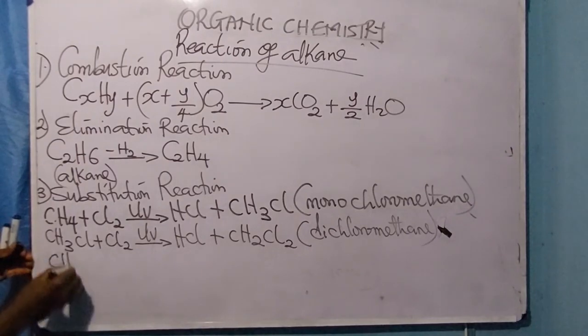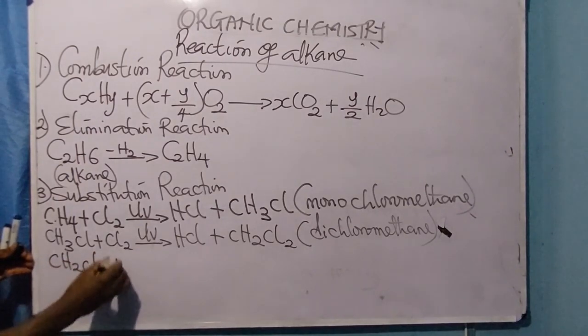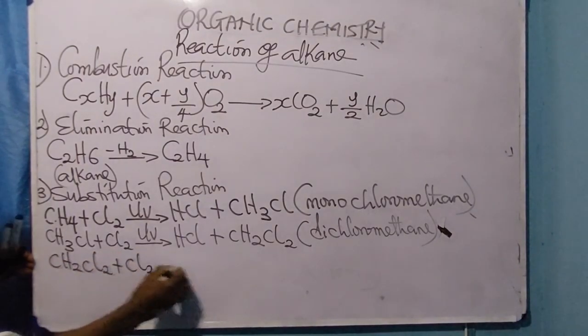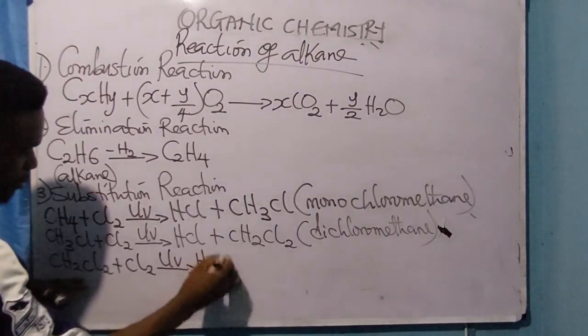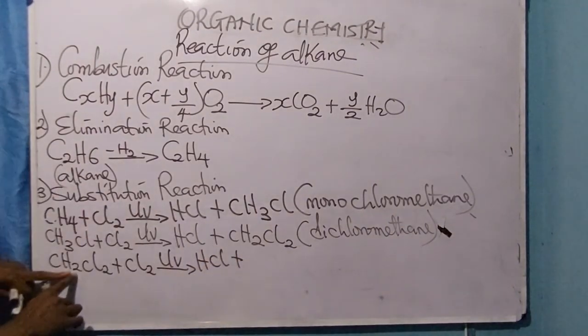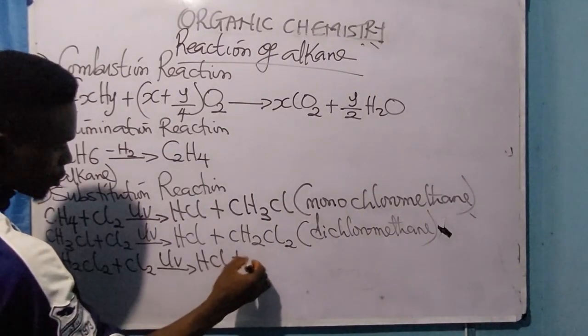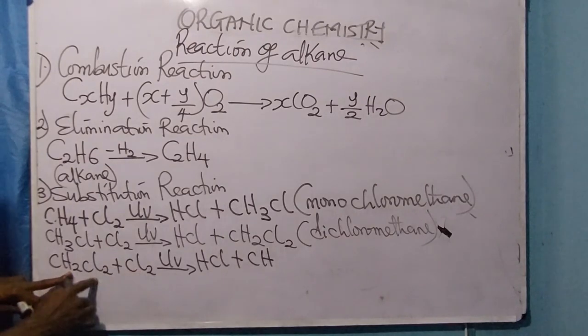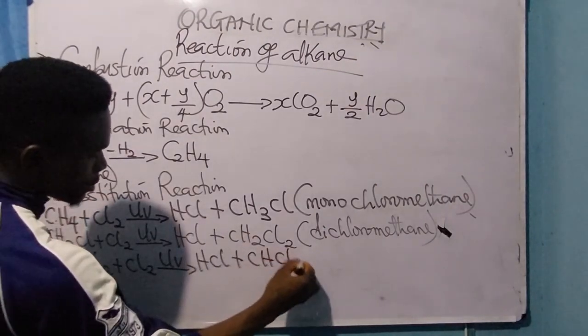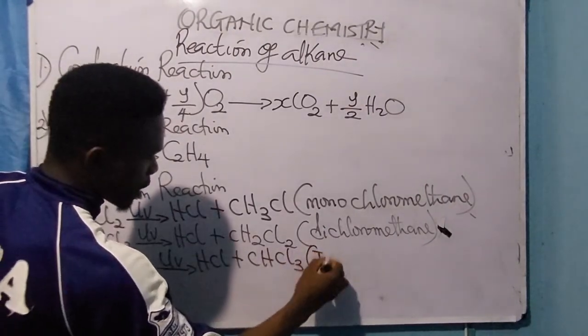Bring this again. That is CH2Cl2 plus Cl2. Don't forget, UV light. HCl is definitely produced first. I've taken one H from here, so I'm left with what? Just CH. And I've taken one Cl from here, so add it to this, becomes what? Cl3. And this is what? A